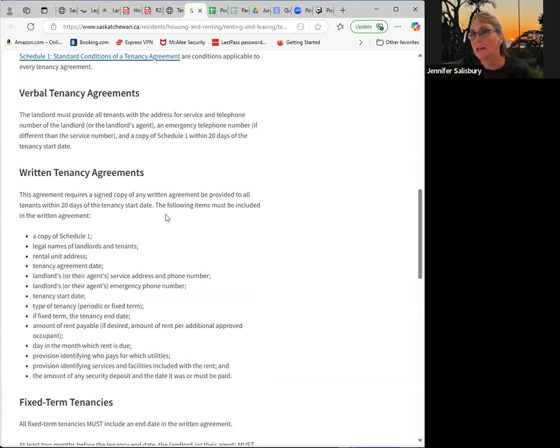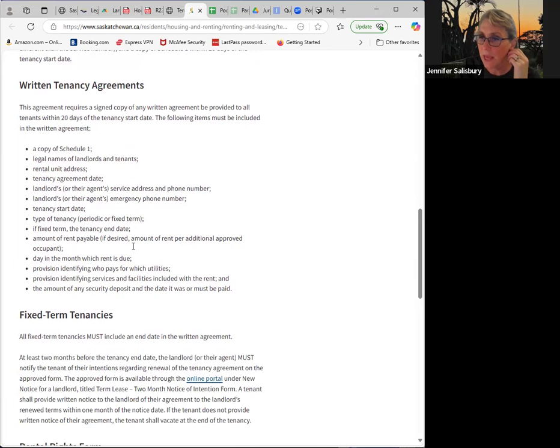This agreement requires a signed copy of any written agreement to be provided to all tenants within 20 days of the tenancy start date. Yay, that's good. And then it says exactly what's supposed to be in here. And if there is